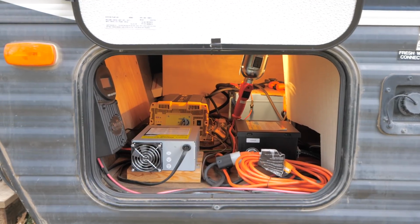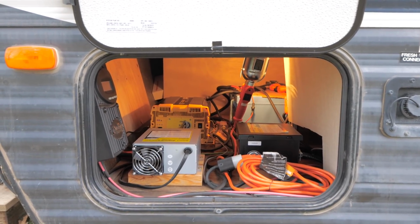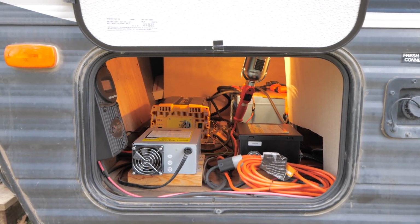units, so it takes up a lot more space in my storage bay where all of those components are installed. And my transfer switch is also a physical switch, whereas the transfer switch is like a big relay that flips down when I think the inverter is turned on, and then it snaps up when the inverter is turned off or you're plugged into shore power cable, or it's the other way around, I forget. But the steady state transfer switch in the newer inverter chargers is, I believe, a digital transfer switch, so it's probably more reliable than a physical